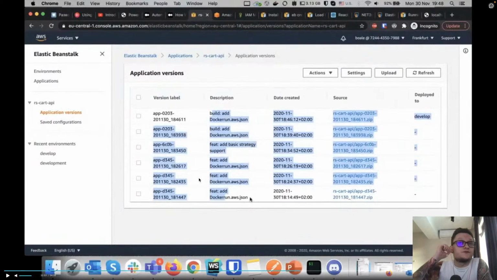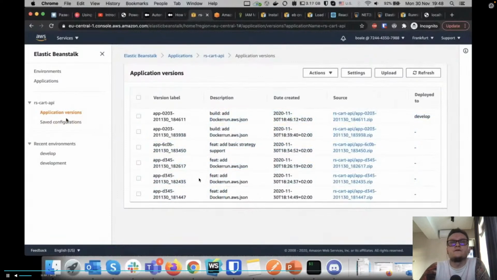Here you can also see application versions, which right now, for example, has a few different versions, and the latest one is deployed to your develop environment.